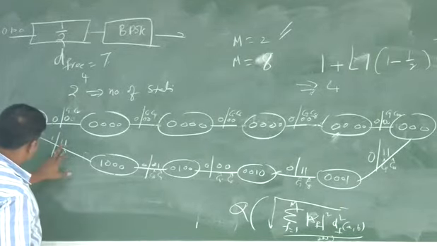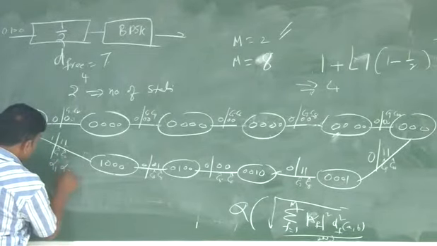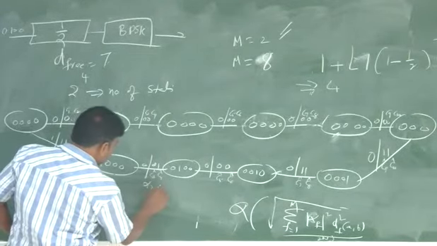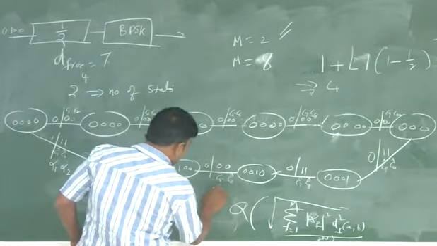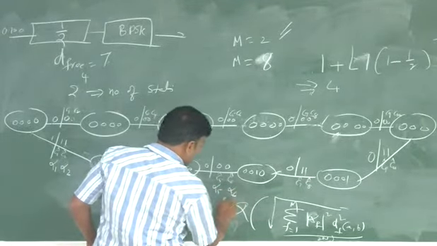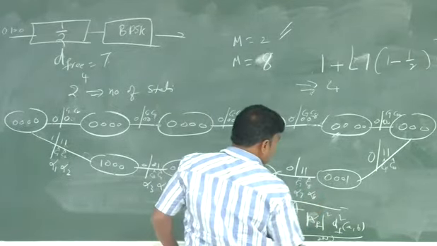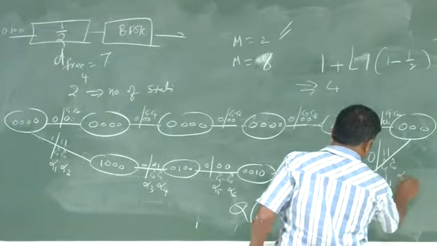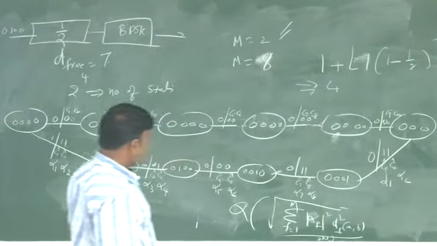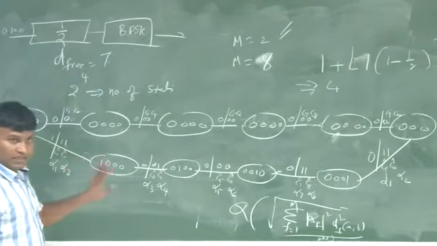Alpha 1, alpha 2, alpha 4, I'll write it. Alpha 1, alpha 2, alpha 4, alpha 3, alpha 4, alpha 4, alpha 5, alpha 6, alpha 7, alpha 8, then alpha 3, alpha 1 and alpha 2 I'll put. No, I'll just switch back. I'll just take 8, m equal to 8.